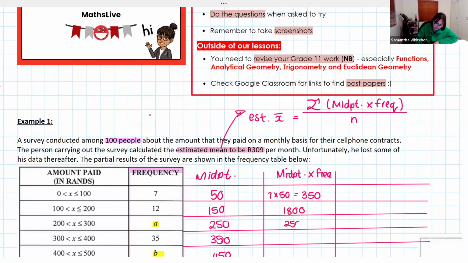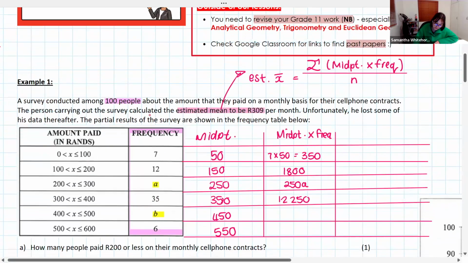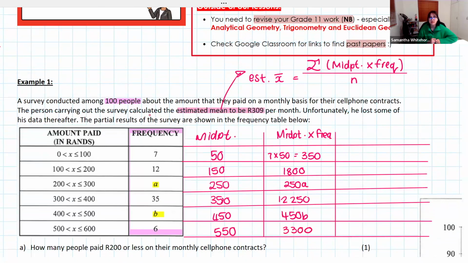250 times A, which is 250A. We don't know A, so we just leave it like that. 35 times 350 is 12,250. 450 times B is just 450B. And then 6 times 550 is 3,300. And so now when I want to go and find my estimated mean, I would add all of those